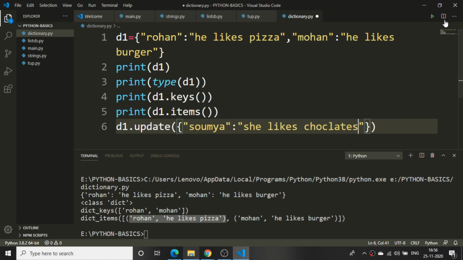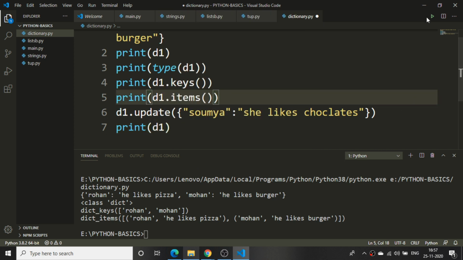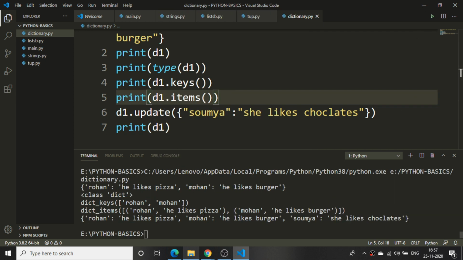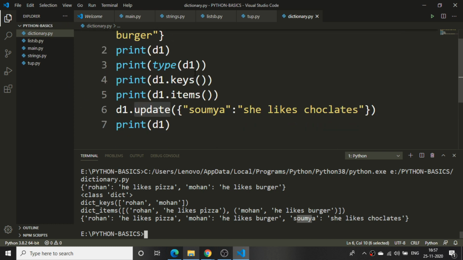I need to print D1 as well. If I run this program, you can see it has updated all the values and is not duplicating anything. Soumya, she likes chocolates, has been added. So this also comes under dictionaries.